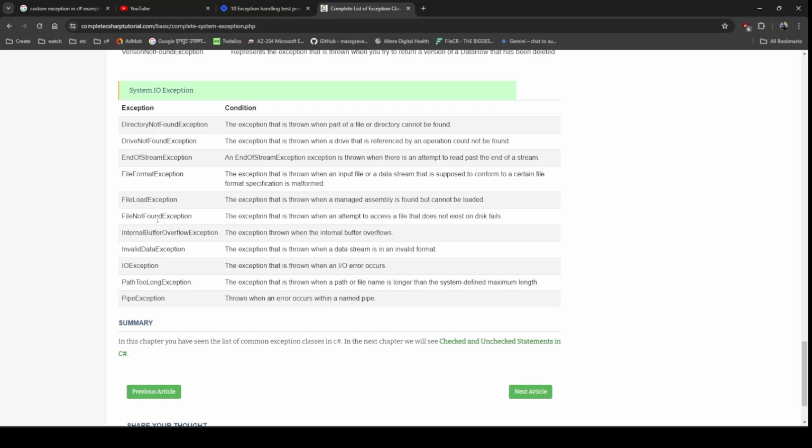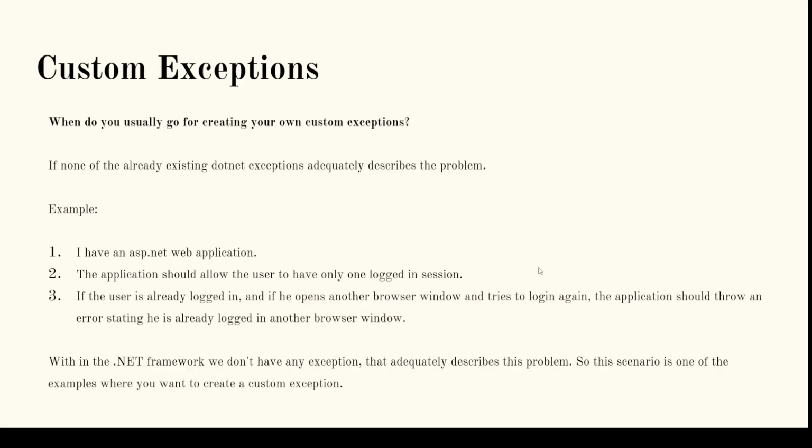Let's discuss some of those scenarios. Let's say you are creating an application, and in that application you want to check whether the user has logged in or not. If the user has logged in already and the user is trying to open a new browser window and trying to log in there, at that time we have to check and throw the exception. For this scenario, we don't have any inbuilt exception. So in this case, we have to design our custom exception,